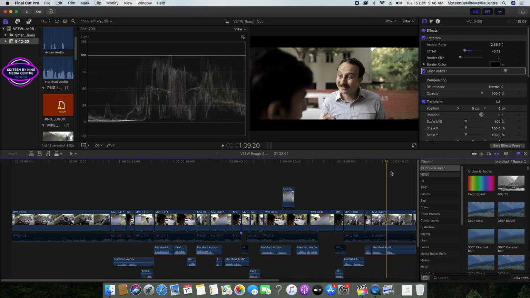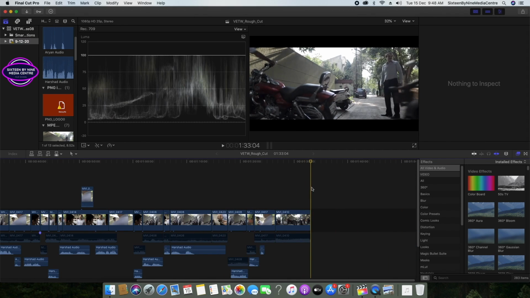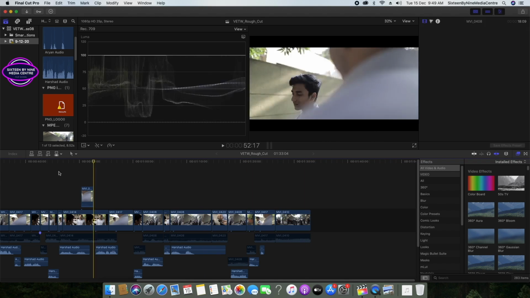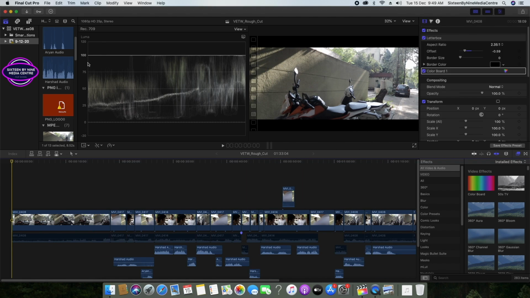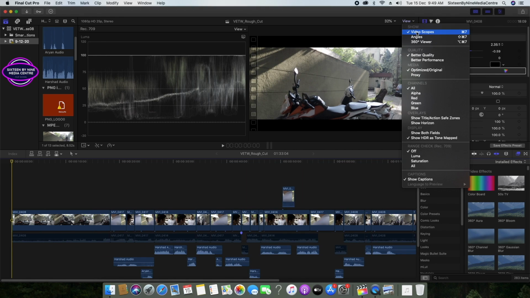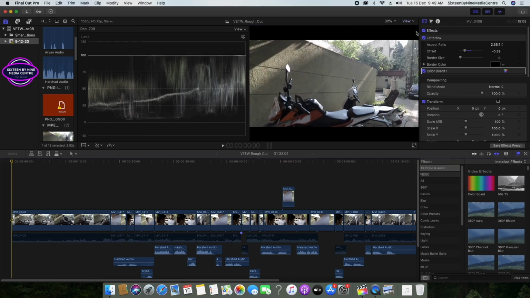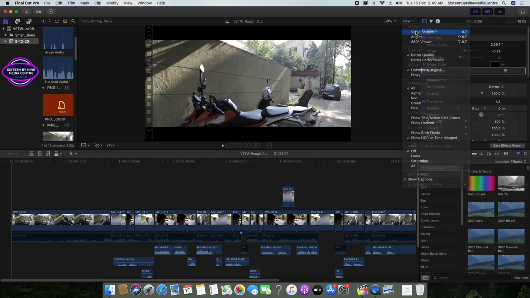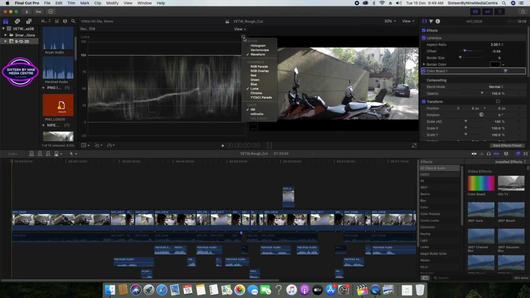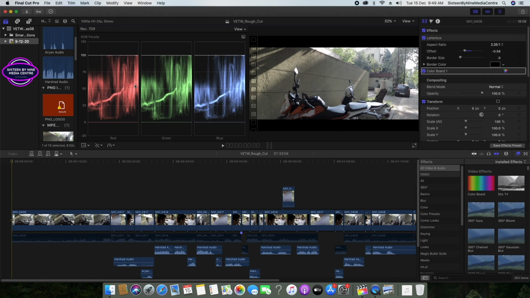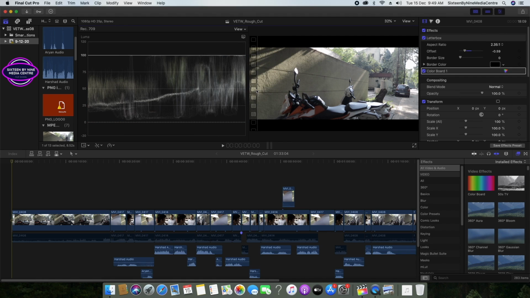So this is our cut. It is a 1 minute 33 second cut, you can see here. And now we are going to color grade it. So here in this window, you can see this is a waveform. I have selected video scopes from here. If I deselect it, the video scope will go. I select it, the video scope is here. And from here, I have selected Luma. If I select RGB Parade, it will show the color of the frame. But I want the Luma, the brightness, first.